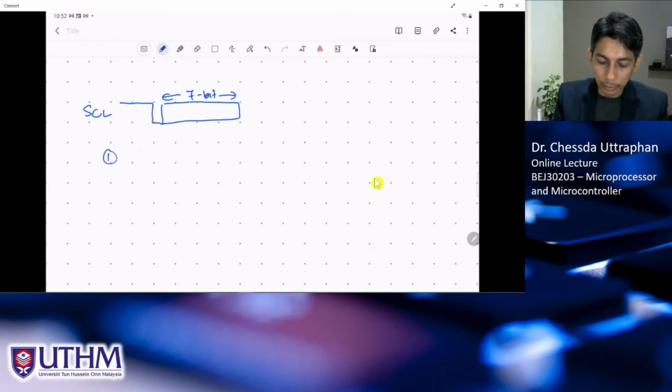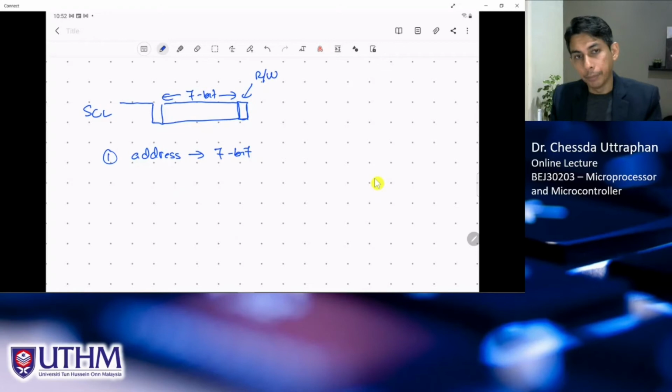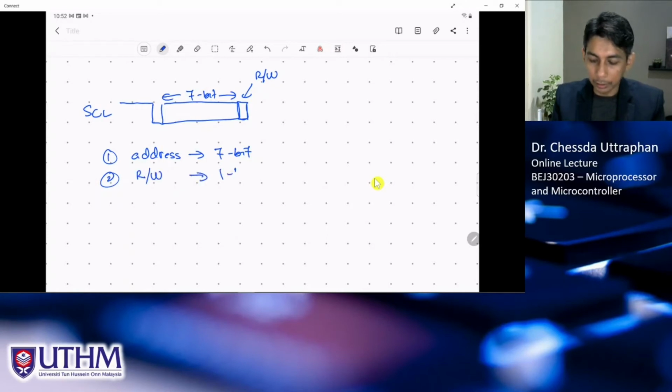So the first one we need to take into account is the address, which is 7-bit, and we have another one. This one is the read or write bit. So number 2 we need to take into account is read or write, which is 1 bit,